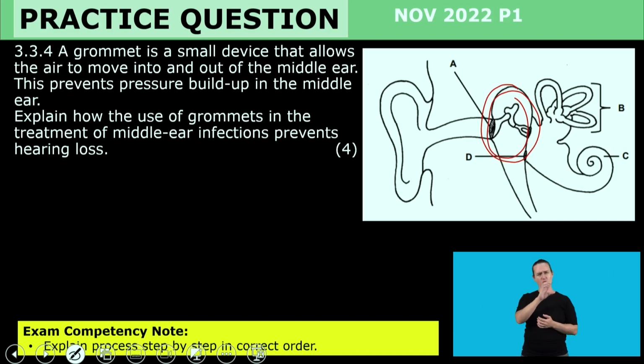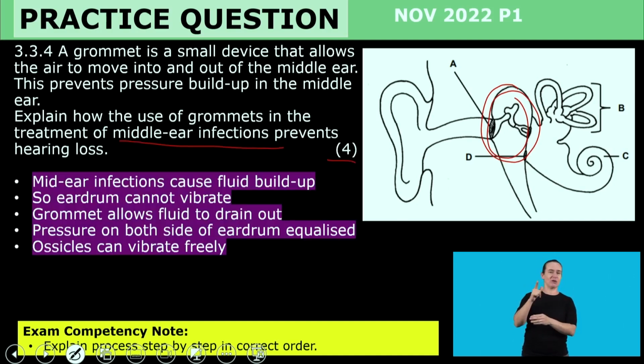Explain how the use of grommets in the treatment of middle ear infection prevents hearing loss for 4 marks. So you are saying middle ear infection causes fluid build up, so the eardrum cannot vibrate. We're talking about A. A is our tympanic membrane or our eardrum. It cannot vibrate. So what grommets do? They allow the fluid to drain out, and pressure on both sides of the eardrum is equalized, and ossicles can